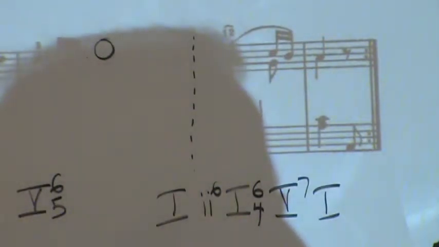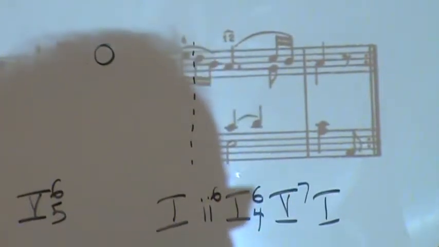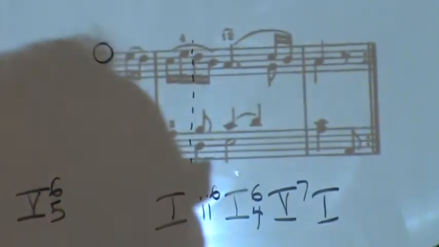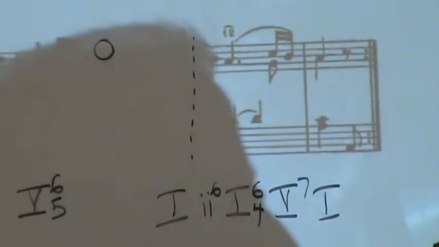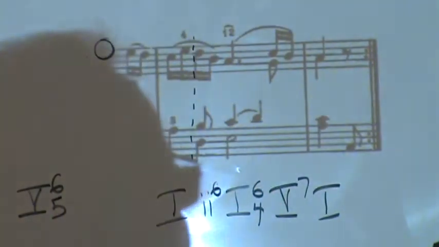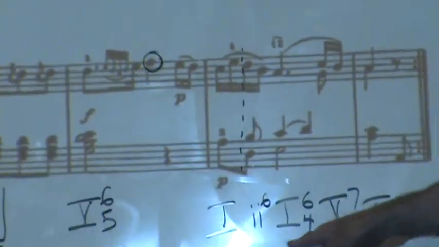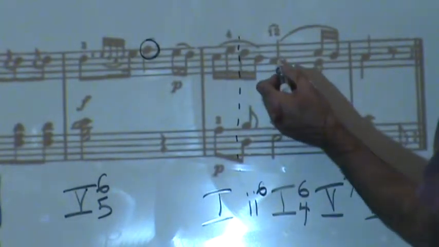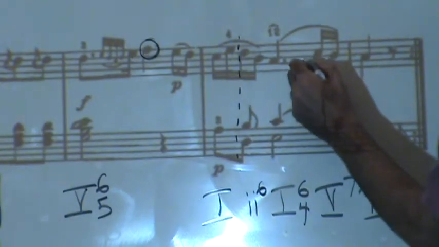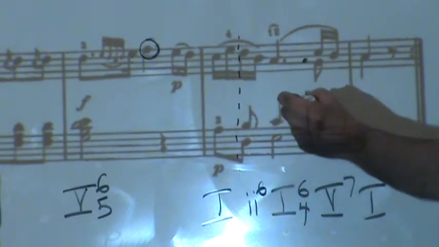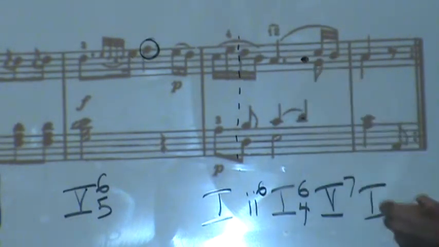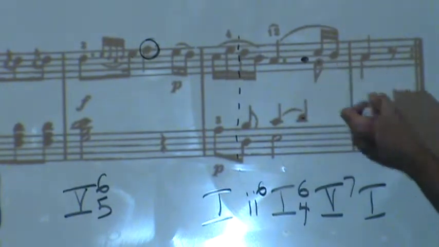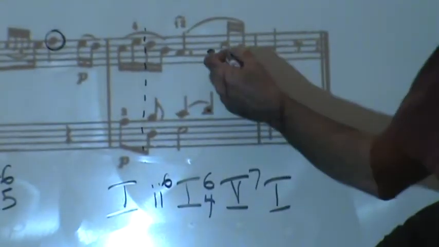Normally the 6 should resolve down, but it goes up to catch the 7th. And finally resolves to 1. But it still makes sense in terms of the formula. 1, 6, 4, 5, 7, 1. So this is almost like a suspension. When this becomes 5, 7 with the arrival of the 7th, this is like a suspension that eventually resolves down to the leading tone. And these are kind of 2 little ornamental